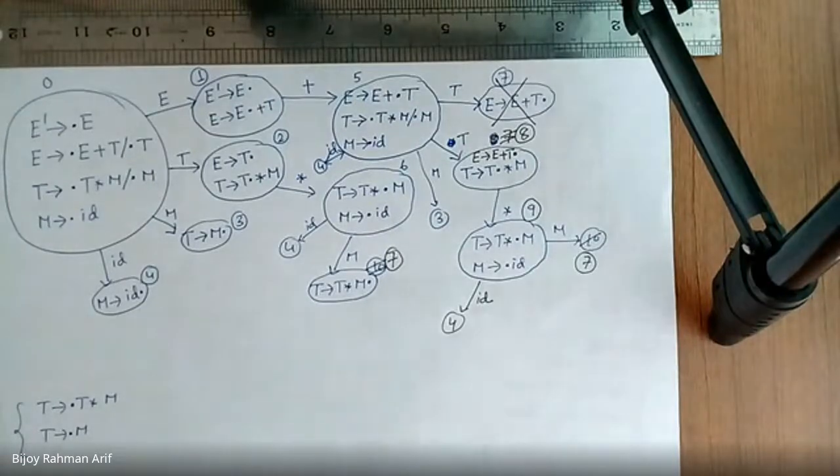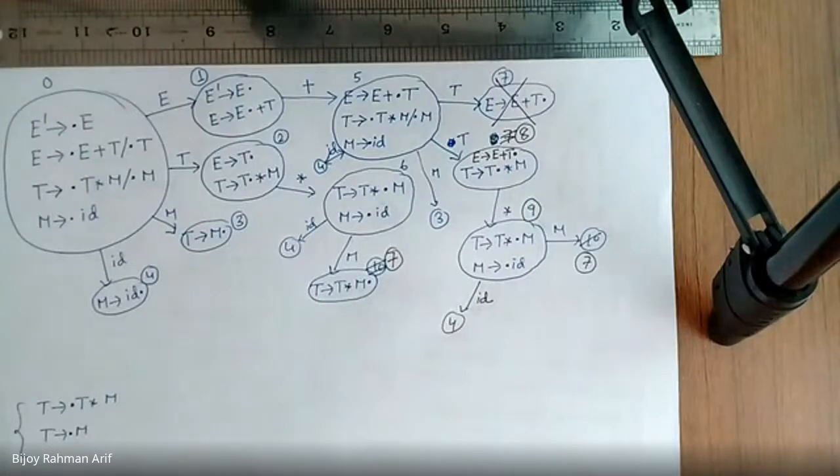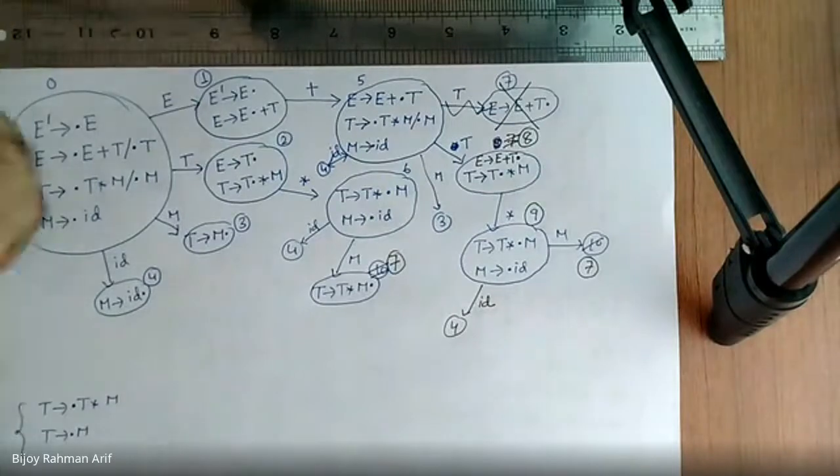This is a very important diagram. We are always going to use this diagram again and again. We are going to see that LR0 is not capable of parsing this. Then we are going to try with SLR1. It might happen SLR1 might not be capable of parsing this. But eventually we are going to see some parser capable of parsing this. So that is a very important grammar we are going to encounter through the end of the semester. Do you have any query? You can ask. No query?